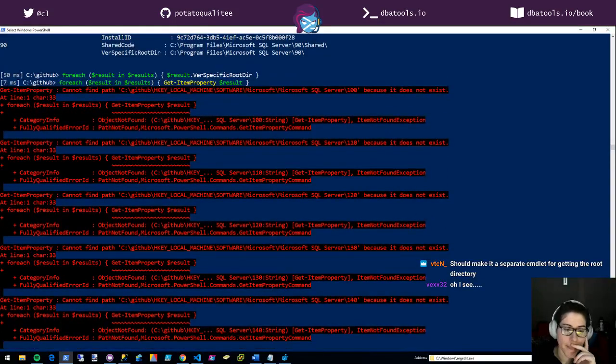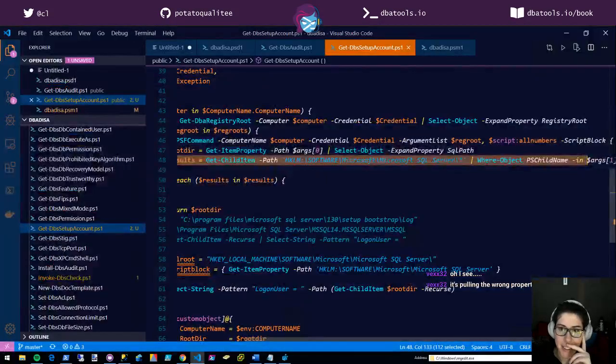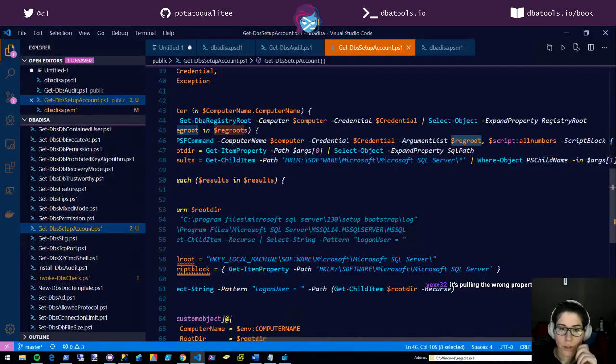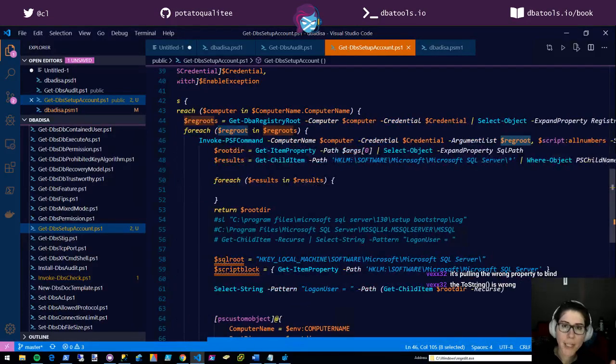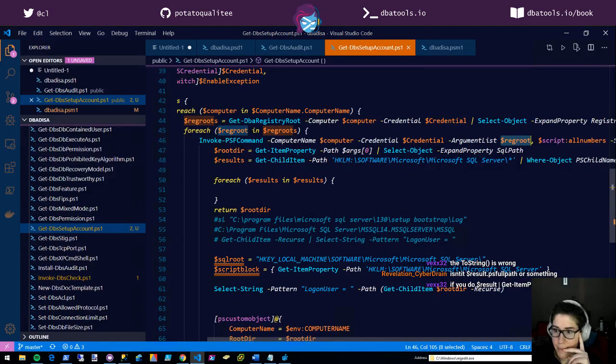That is passed in this reg root. The reg root is given to me by SQL Server, and then I kind of go from there. PS full path.